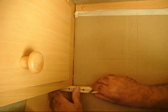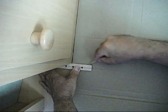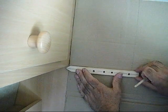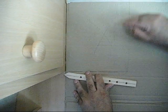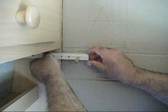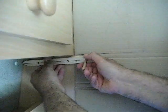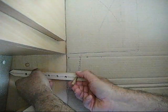and then underneath, and then I'll take the pencil out and I can just mark this level with the cupboard, and that's the bit we're going to cut out. That's the top section. I'll put this back in the top hole, and it's important that it goes in the same hole, and then I just mark the side of the van